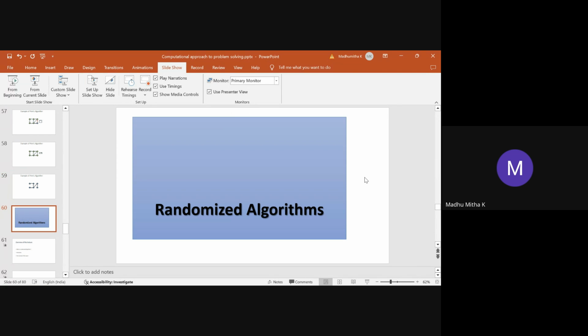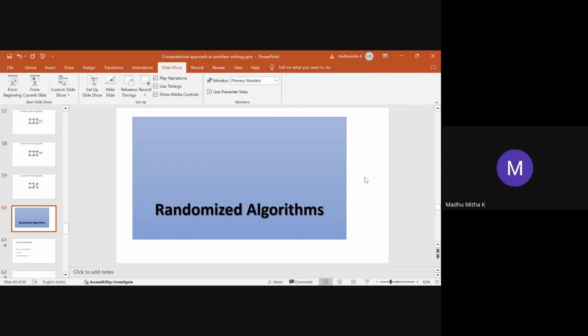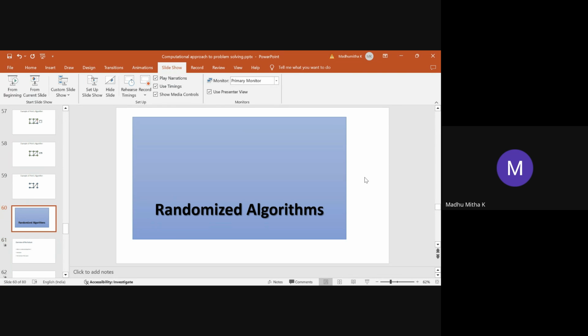Next, finally, is the randomized algorithm. As of now, we have discussed two algorithms: dynamic programming and greedy approach. So the next and final one is the randomized algorithm. From the name itself, we get an idea of what the randomized algorithm is. So what is a randomized algorithm? It is used in data structures for computation of desired outcomes,